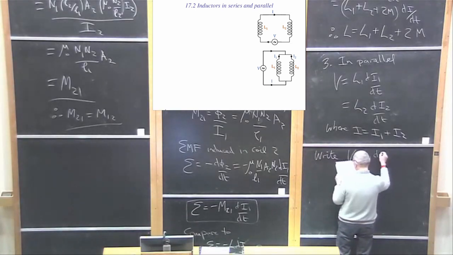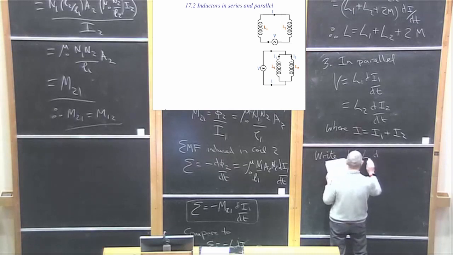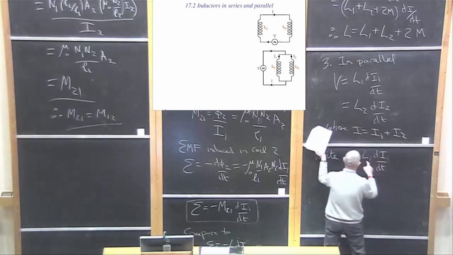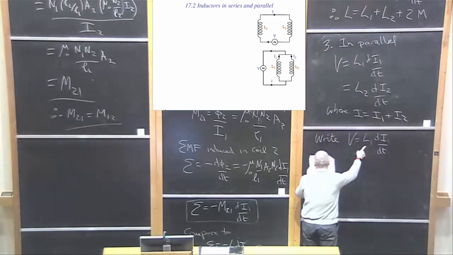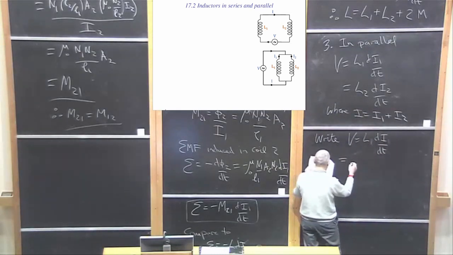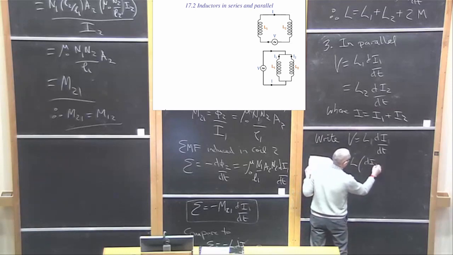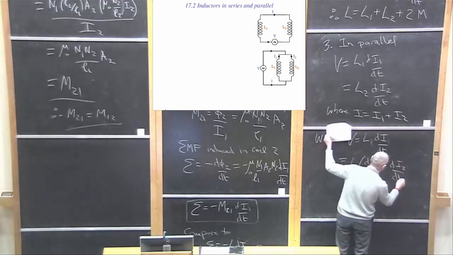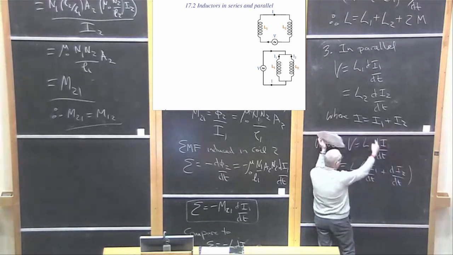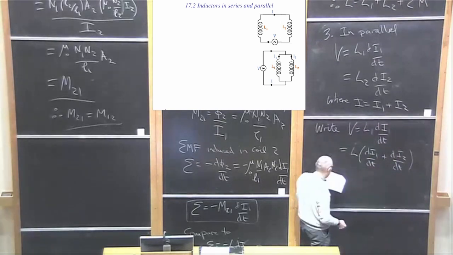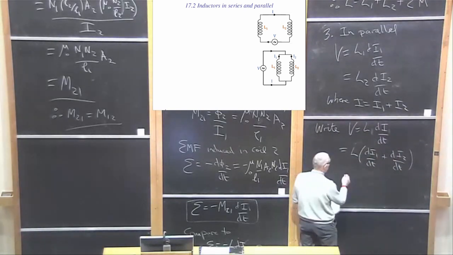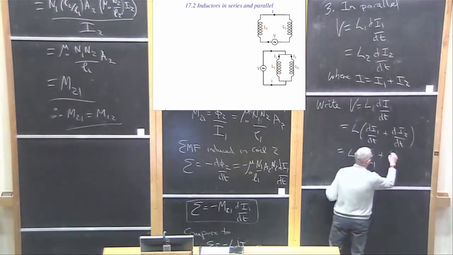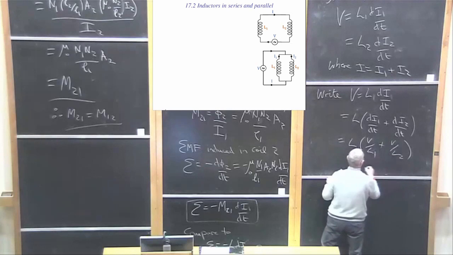I'm just writing it down again. di by dt equals L times (di1 by dt plus di2 by dt). I've just substituted I in terms of I1 plus I2, which of course gives L times (V over L1 plus V over L2). Therefore,